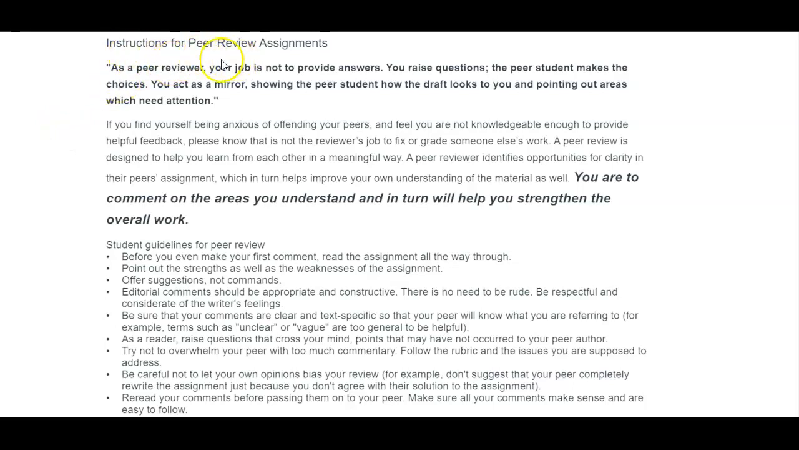Instructions for peer review assignments. As a peer reviewer, your job is not to provide answers. You raise questions. The peer student makes the choices. You act as a mirror, showing the peer student how the draft looks to you and pointing out areas which